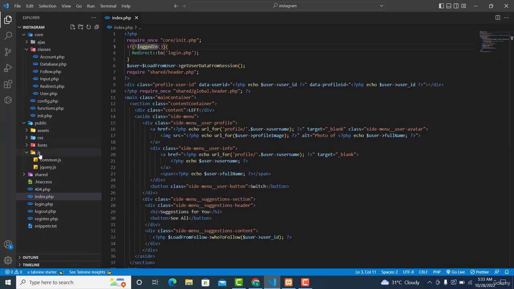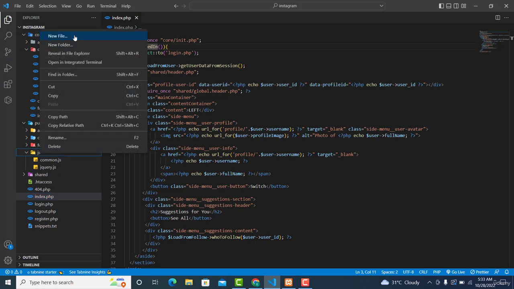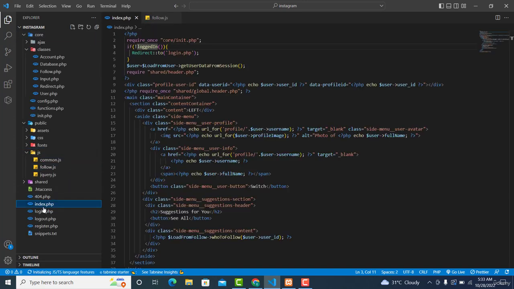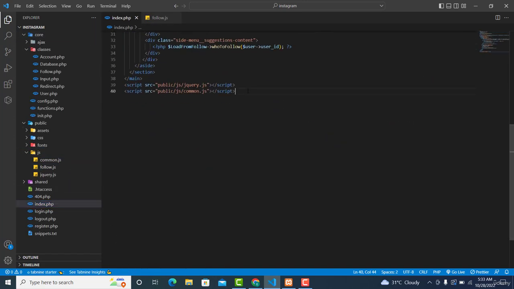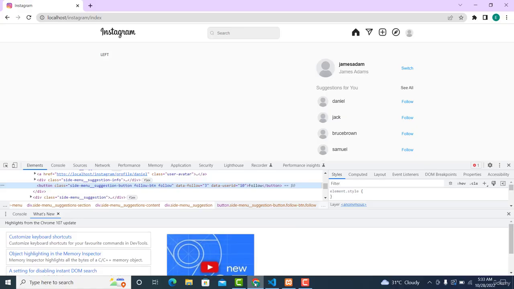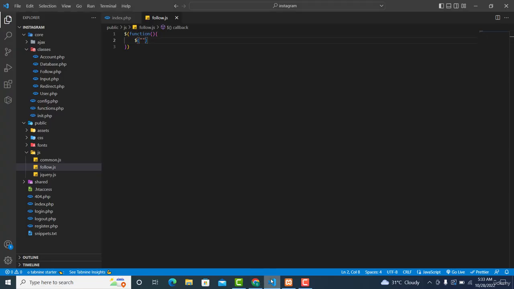So over here, create a new file inside your JS folder, and call it follow.js. Then in your index.php, copy this one from here. This one will be follow. Then over here will be the dollar function, so when the document is ready, before we perform this one. Then over here will be dollar. Realize that it has a class of follow-btn, which is this one. So this one will be dot follow-btn